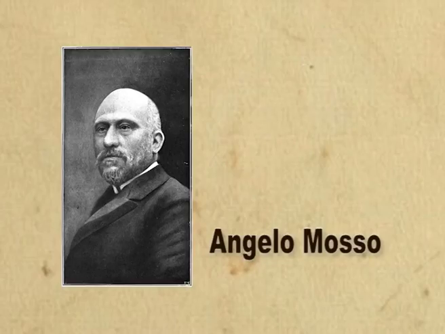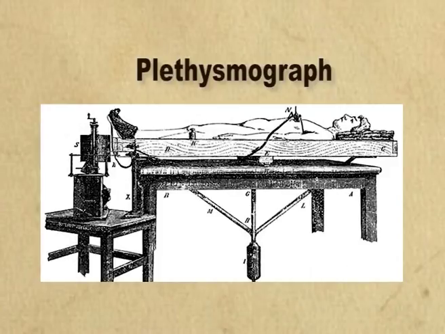In 1878, science first came to the aid of the truth seeker through the research of Italian physiologist Angelo Mosso. It was then that Mosso used an instrument called a plethysmograph in his research on emotion and fear in subjects undergoing questioning, and he studied the effects of these variables on their cardiovascular and respiratory activity. Mosso studied blood circulation and breathing patterns and how they changed under certain stimuli.